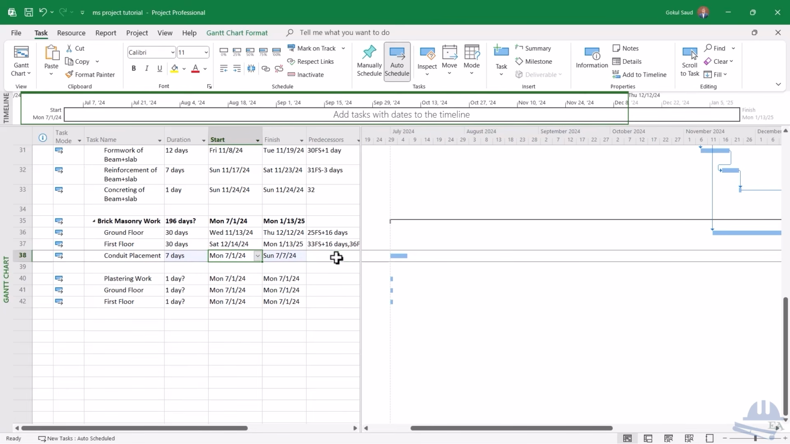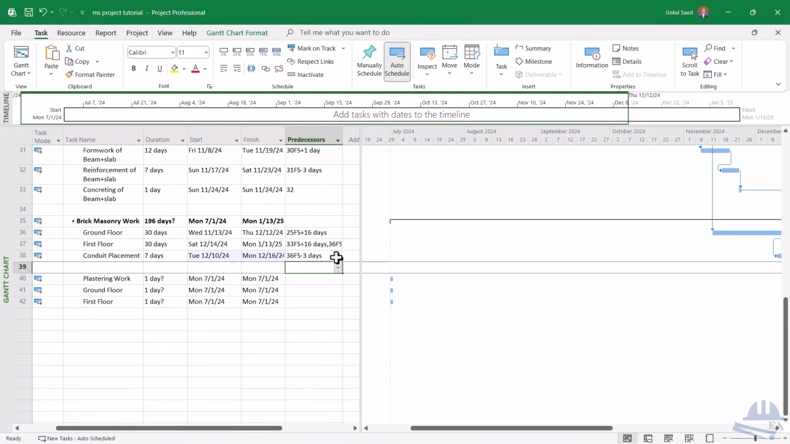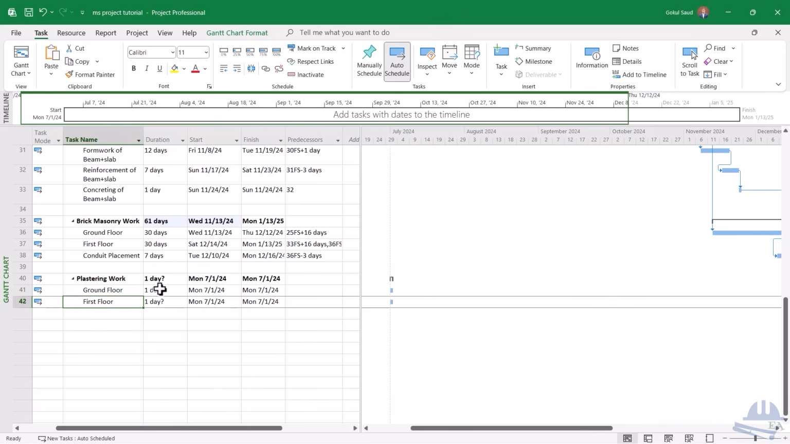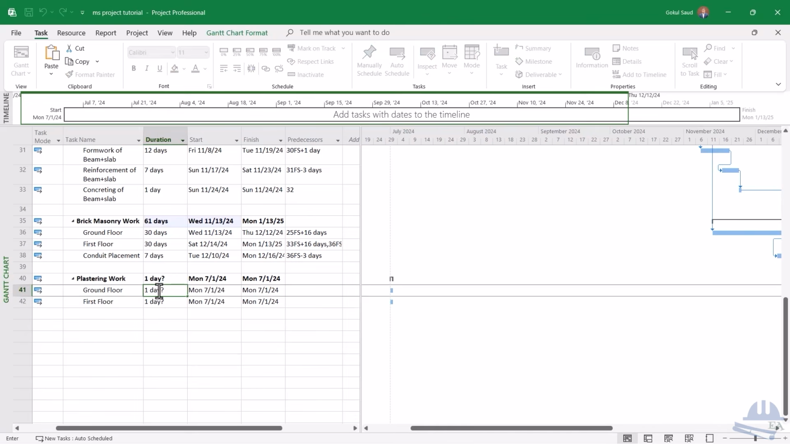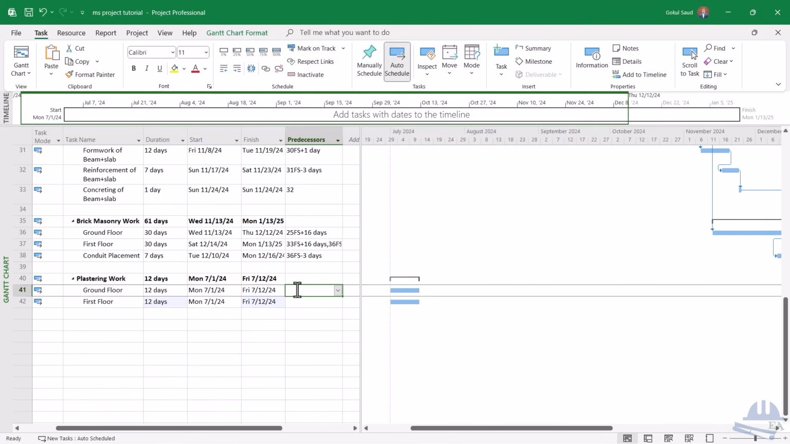So the relationship is with the 36 finish to start minus 3 days, and for the first floor also you have to do the conduit placement. Okay, so plastering work, ground floor and the first floor, so I'll just outdent this. And the number of days for the ground floor, let's say it will take 12 days, and for the first floor also it will take 12 days. And the relationship is